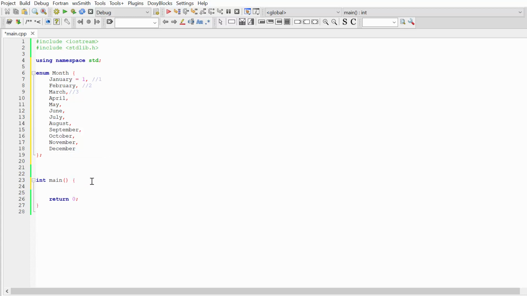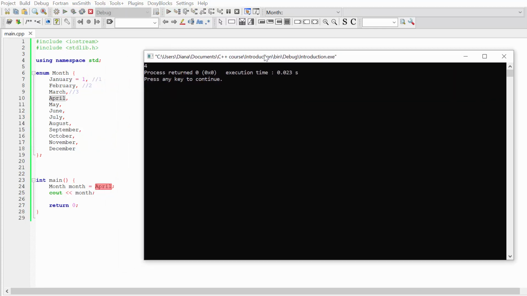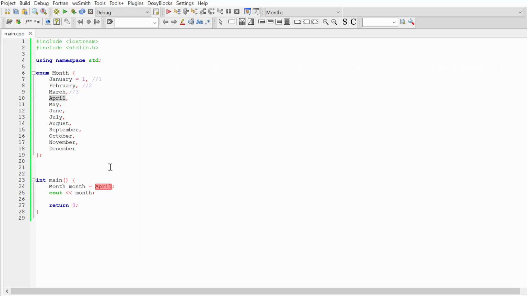You remember that if I create a months variable, let's say equal to April, and try to print it to the console, I'm going to see not the name of this enum value, but the integer that stands for this particular value. You can see that for April I have output 4, but if I want to print months as a string, it's a very nice idea to use a switch statement here.